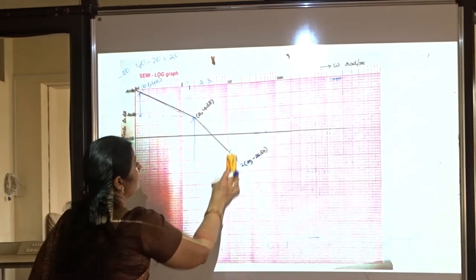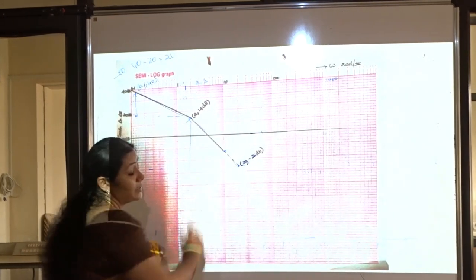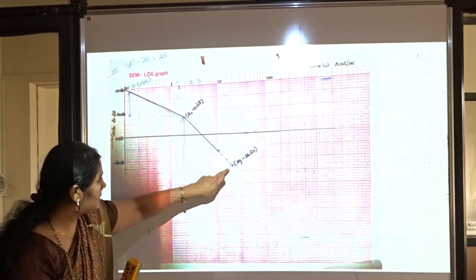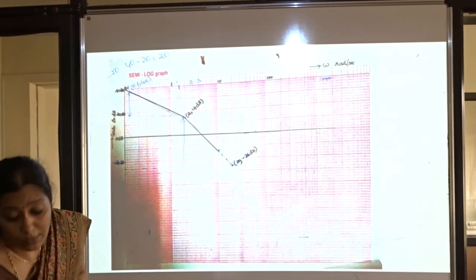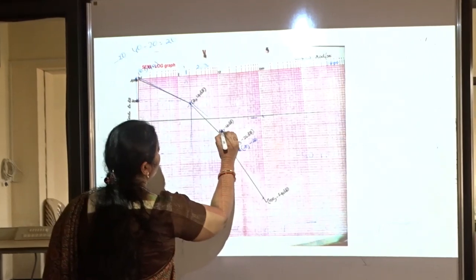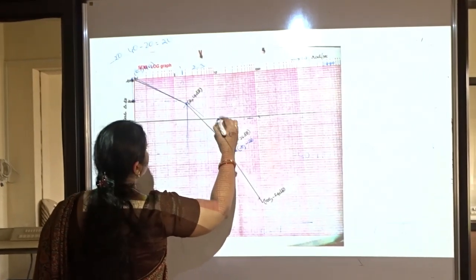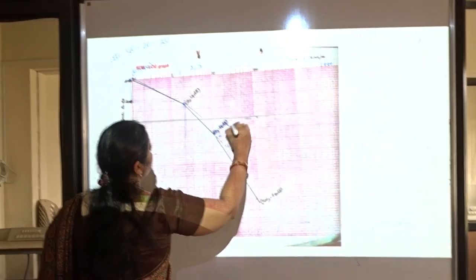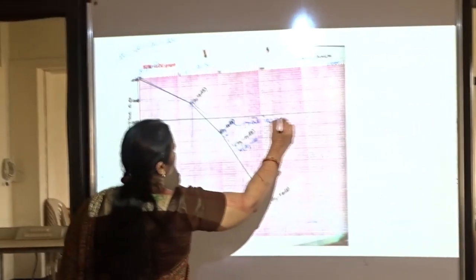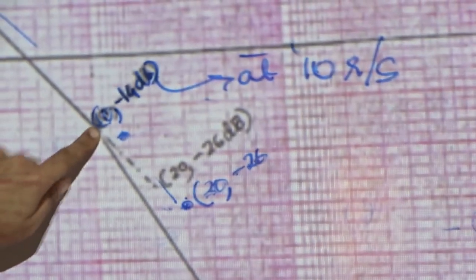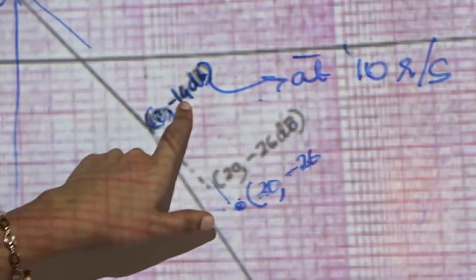So what should you do? Stop right there. You would have extended to this point, but at 10 there is one more corner frequency coming. What is the magnitude at this point? You can just see, it is 10 comma minus 14 dB. This is at 10 radians per second. We have extended it till here, but at 10 one more pole is getting added. The magnitude is minus 14 dB.